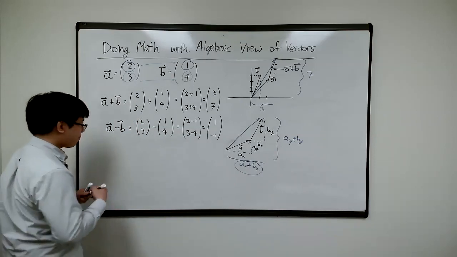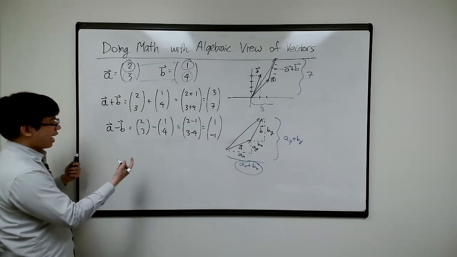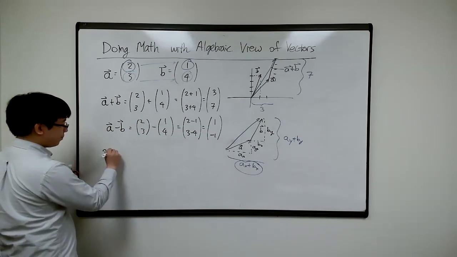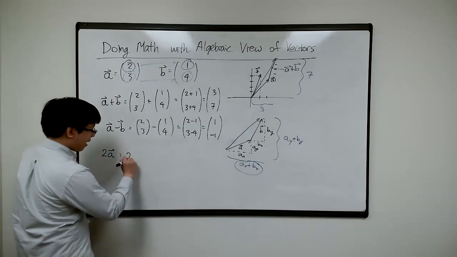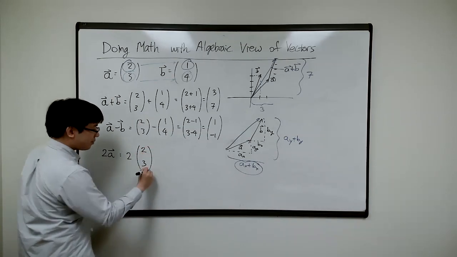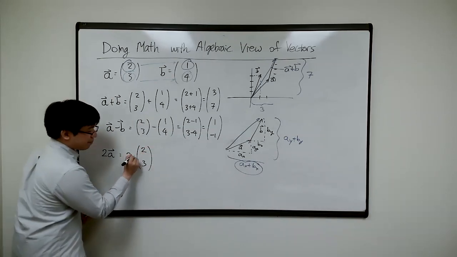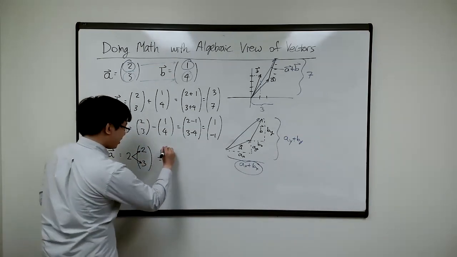So just to wrap this up, what if I want to scale it by 2 times? So what is 2a? Again, even without drawing any diagrams, that means 2 times a. What's a? A is 2, 3 like this. The rule is this: you can multiply this in like this, okay? And the answer is going to be